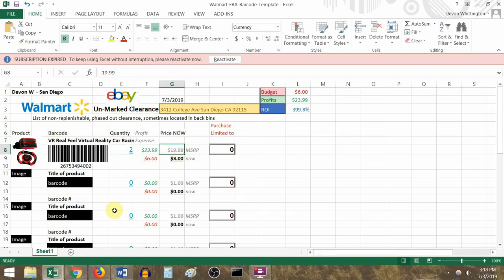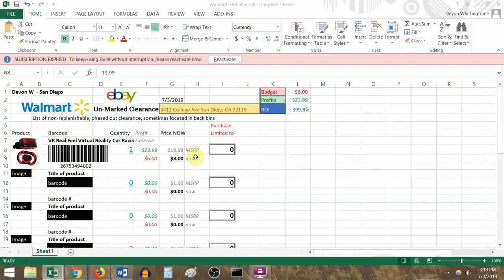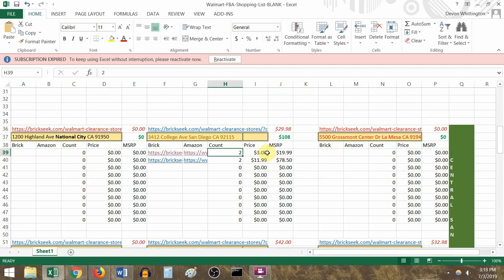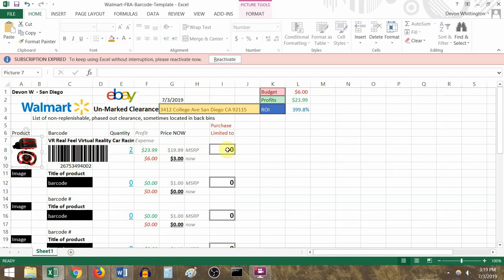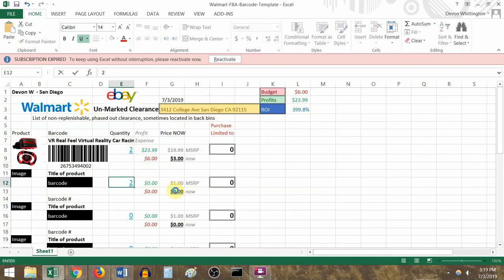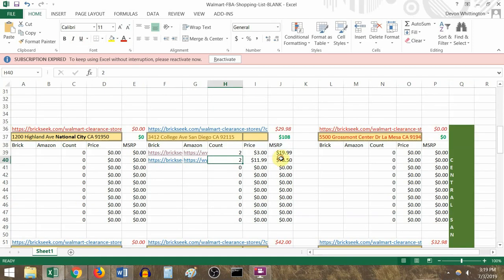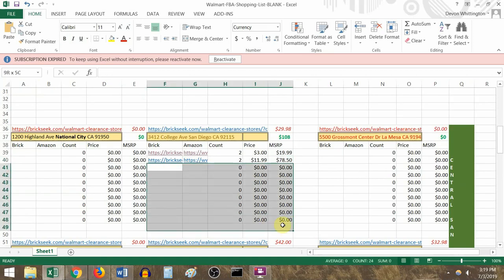If you want to make this go faster, by the way, you could simply go back to the spreadsheet. You could hit quantity of 2, $3, $19.99, and you're done. And then you just go get the barcode and the barcode number and the image and the purchase limited to. But at first you could fill out all this information. So 2, price now is $11.99. MSRP is $78.50, and then you could just go down the list for all the items that you have here,